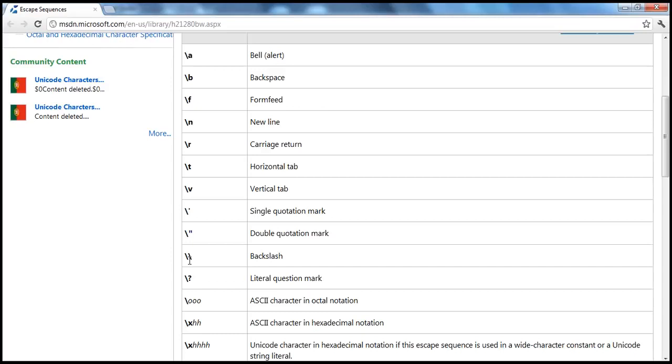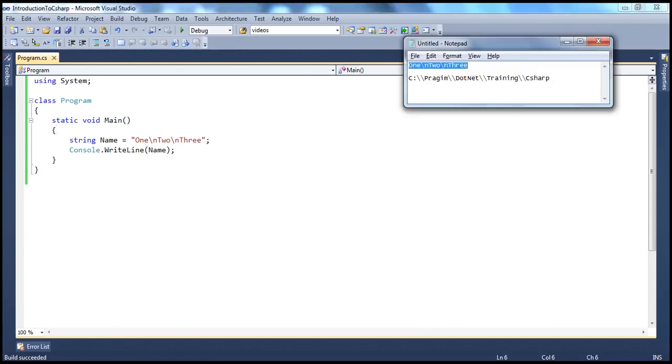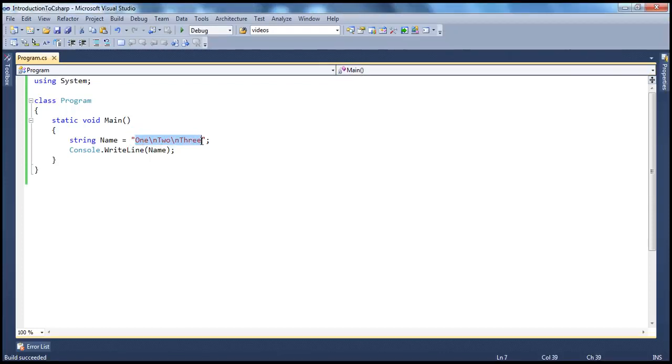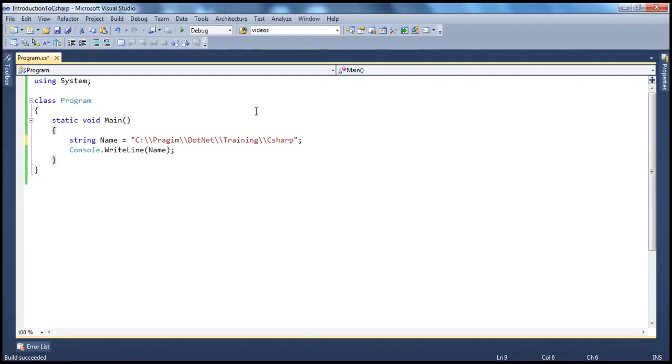But if there is a requirement in your application where you want to print \ itself, then you escape that with another \. So for example, if I want to print a valid Windows path, then probably I can make use of this one. I want to print, I have within C drive regime .NET folder. Within that .NET folder I have training folder and C# folder. If I want to print that,